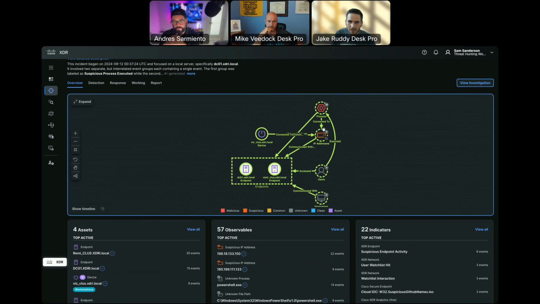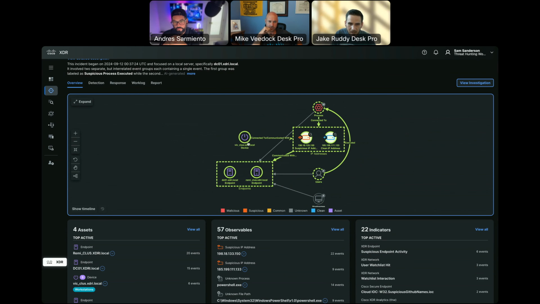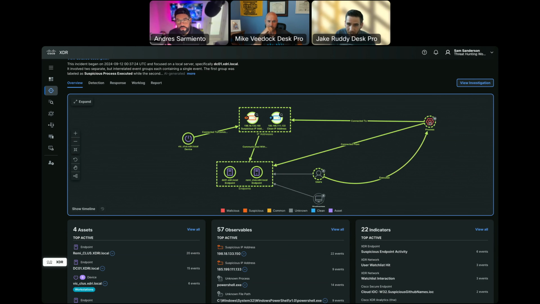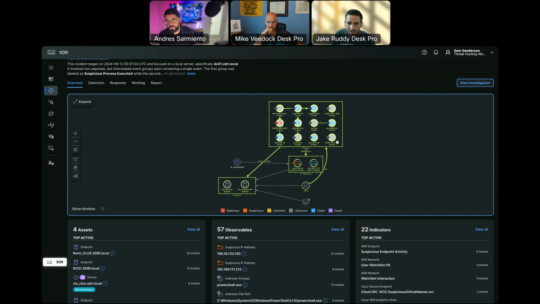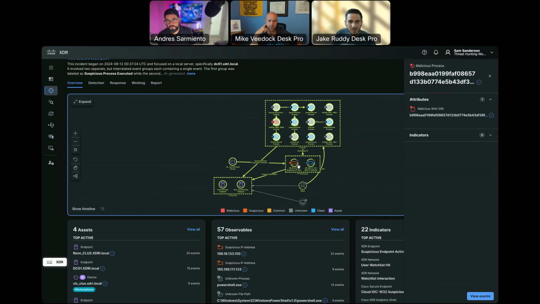I can expand out each one of these groups. I can manipulate this graph. I can drag things around. I've got 2 IPs in here. I've got this Victor plus XDRI.local. So I know that this particular device both connected to and communicated with 2 different IPs, this 198.18 and then this 185.199. I've got a handful of processes that were also involved. And I know when those processes were executed, they caused connections to those same public IP addresses that I've already seen.